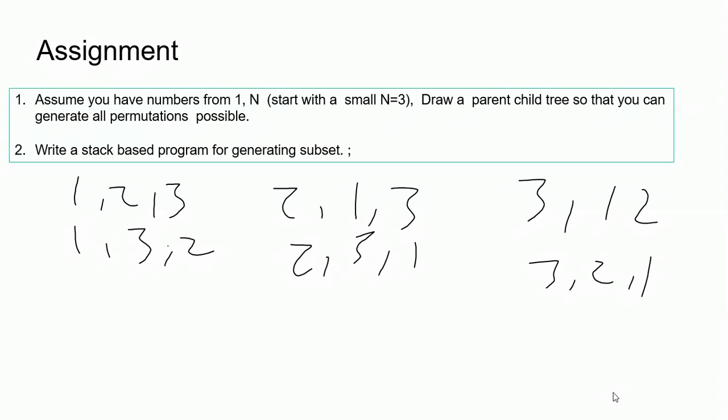So there are two things to this problem. One is you have to draw the tree representing what is a parent and what is a child. How do you generate? For the generation algorithm, you have to first identify what is a parent and what is a child. The second thing is to write a program for generating this. Generating a subset. An additional problem which I can think of, which is not unfortunately documented here,